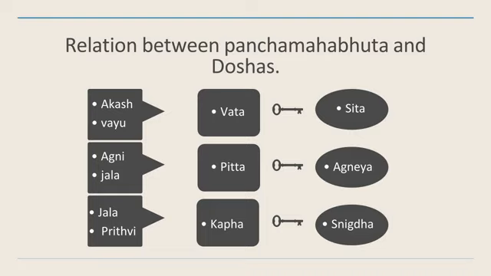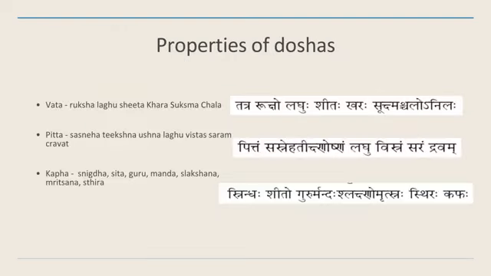That is why we say, Rogastu dosha vaishamyam, dosha samyam arogata. Any kind of disease happens because of the imbalance or disequilibrium of the doshas. And when you bring back the equilibrium, the disease is solved, and that is called treatment. That is why we can understand Vata Pitta Kapha in terms of properties as Shita, Snigdha and Agneya. Just to remind ourselves, these 3 doshas we understand with an understanding of properties.